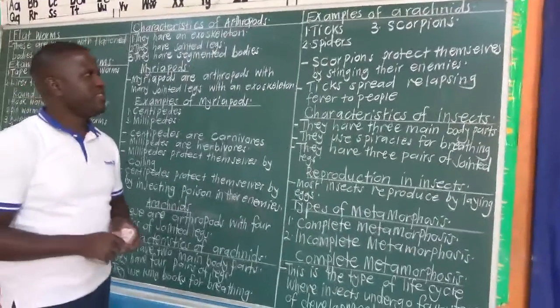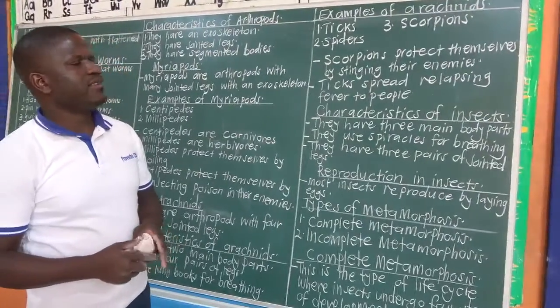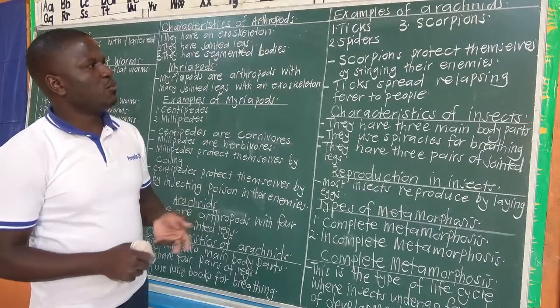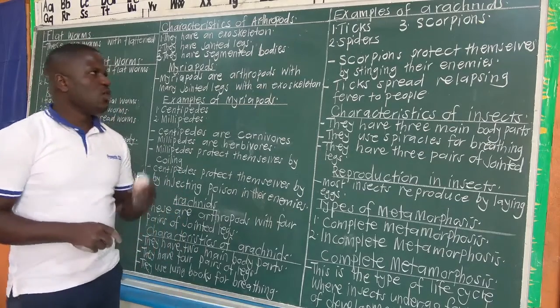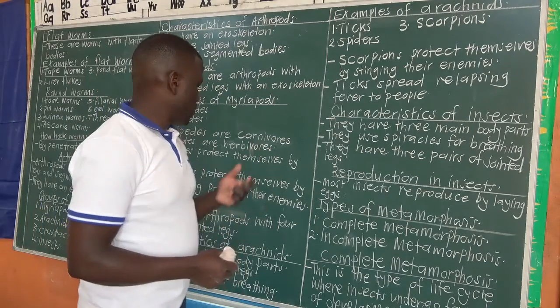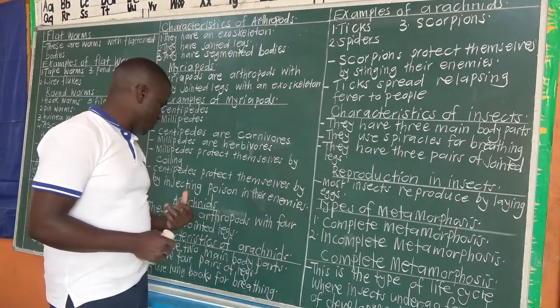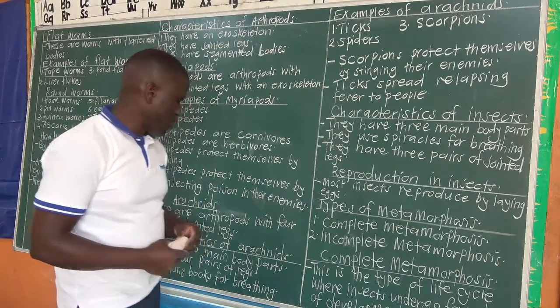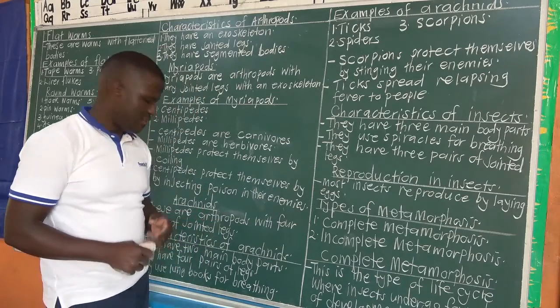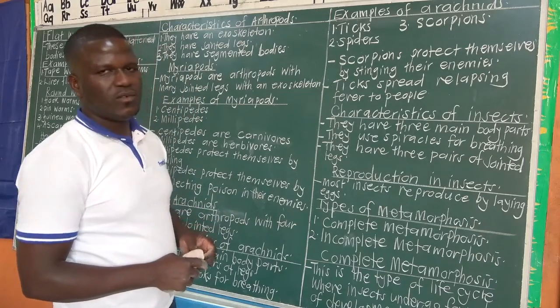One, we have ticks, spiders, and scorpions. So in case they ask you, why is a tick called an arachnid? A tick, we go back to the characteristic and we say a tick has 2 main body parts. A tick has 4 pairs of jointed legs. Then a tick breathes through